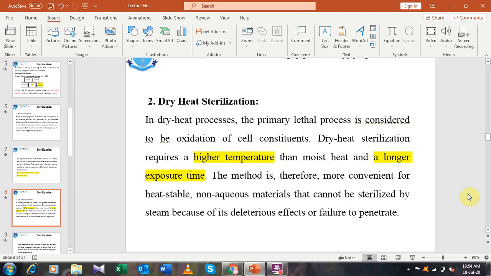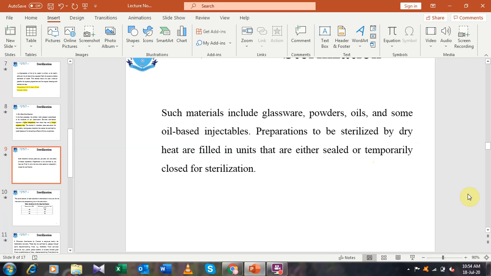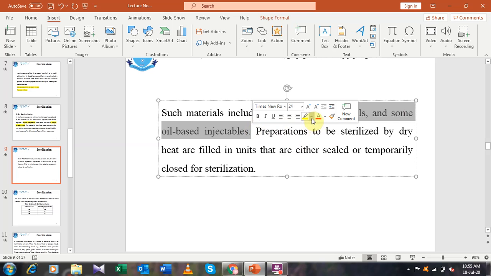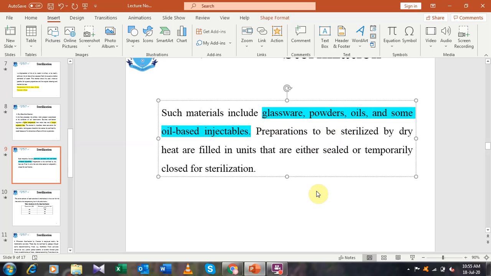So dry heat sterilization is preferred in these cases, for those materials which are heat stable. Such materials, which are sterilized by direct heat, include powders, oils, glassware, and some oil-based injectables. These are sterilized this way. This is the point, and these are some examples of materials sterilized by direct heat sterilization or